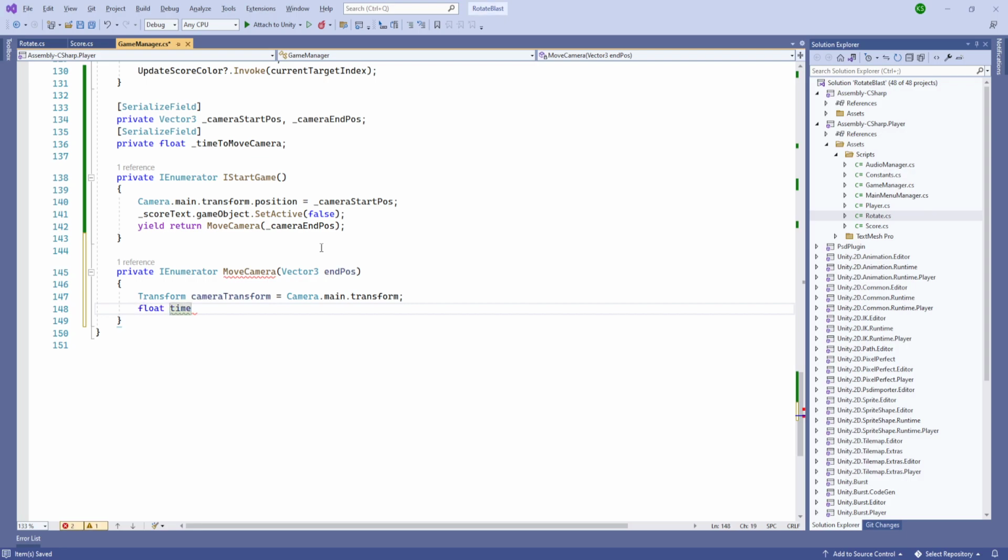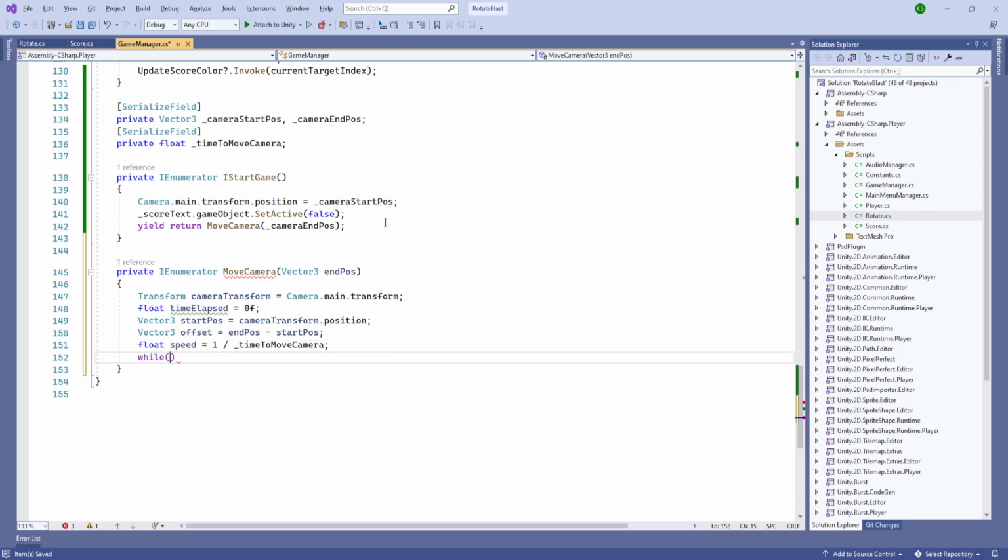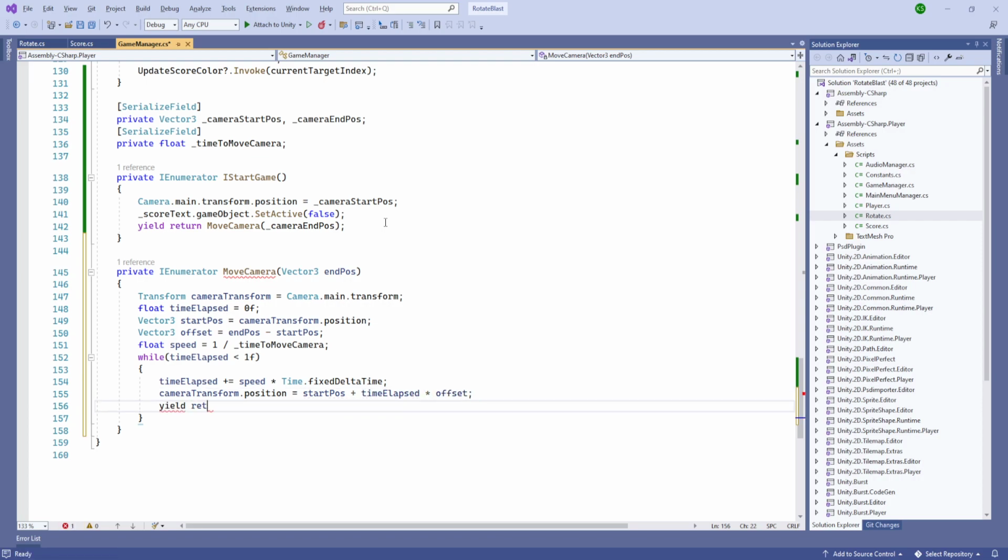And after that let's create a time elapsed 0f, then v3 start position is going to be camera transform dot position, v3 offset is equals to end position minus start position, and float speed is going to be 1 divided by time to move camera, and while our time elapsed is less than 1f, what we are going to do is time elapsed plus equals speed multiplied by time dot fixed delta time, and our camera transform dot position is going to be start position plus time elapsed multiplied by offset, and yield return